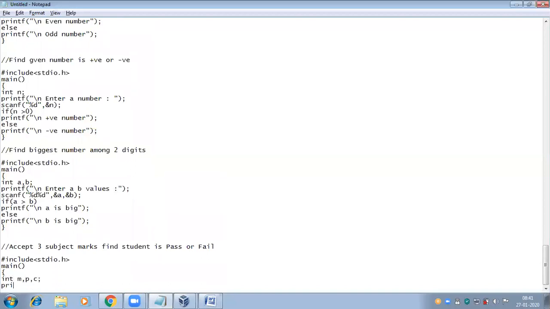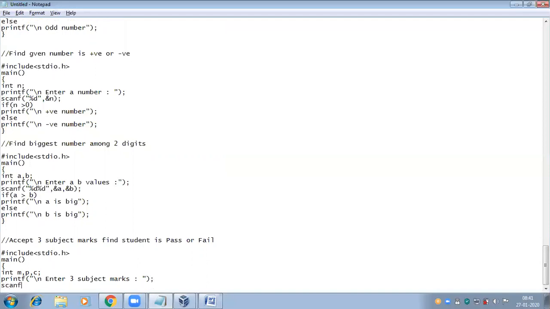I am just reading the values and checking whether the given condition gets satisfied or not. So 3 variables here we have taken for 3 subject marks. Here scanf %d, %d, %d, address of M, comma, address of P, comma, address of C.